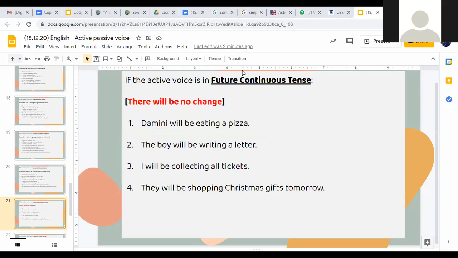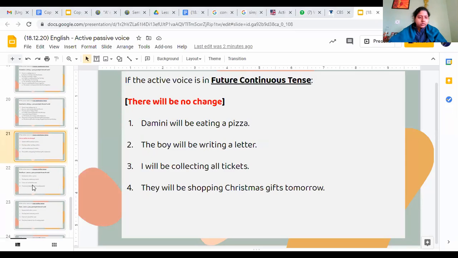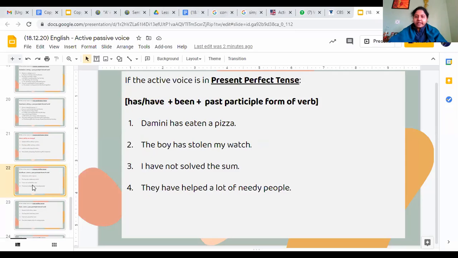Teacher, in board exam they ask this future continuous tense? No. जैसे future continuous हो गया, future perfect continuous, present perfect continuous, past perfect continuous, इन चारों tenses को we cannot convert, and that's why they will not come in the exam. It's just for your knowledge कि ऐसा sentence अगर कभी दिखता है and you want to change it, change the focus and present it, you can't do that. ठीक है, इसको हमें active voice में ही बोलना पड़ेगा. Great. So with that, we'll move on to perfect tense.